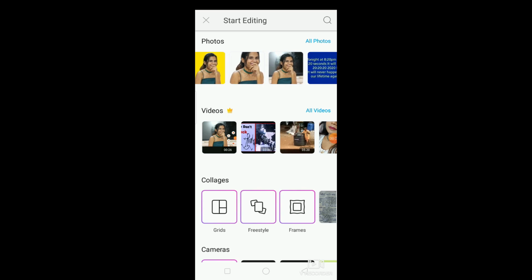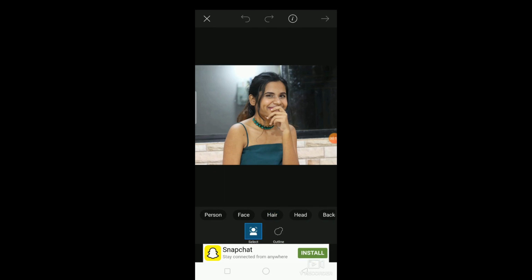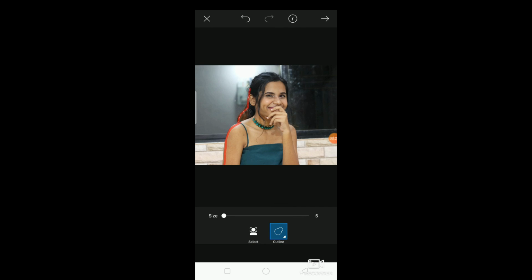So open this app called PicsArt and then click on the plus sign to load the photo whichever you want to edit. I have selected this photo, then go ahead, select the cutout option, then the outline option, and then adjust the size and outline over the image whichever needs to be cut out.